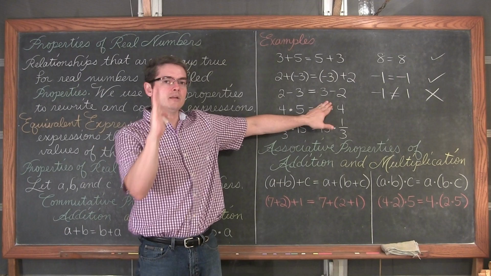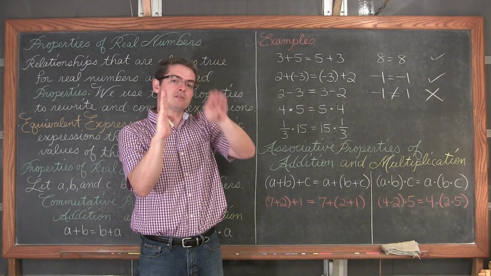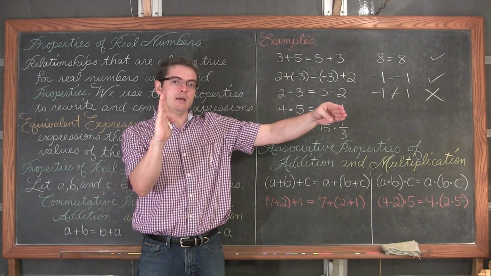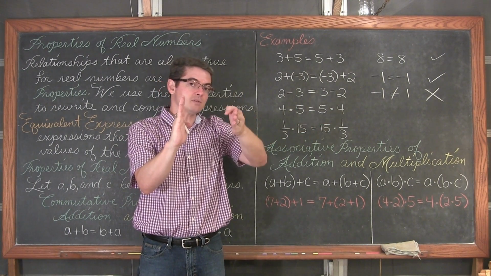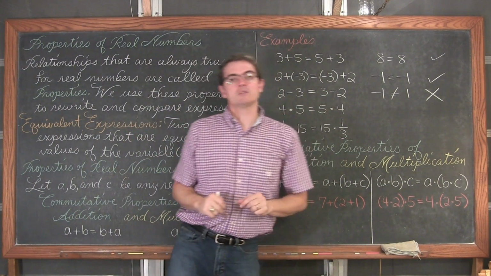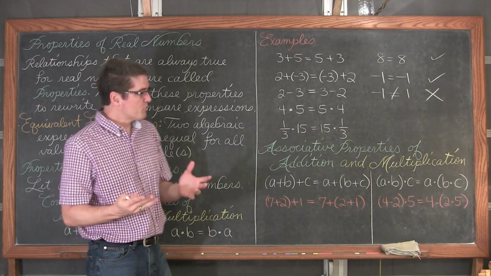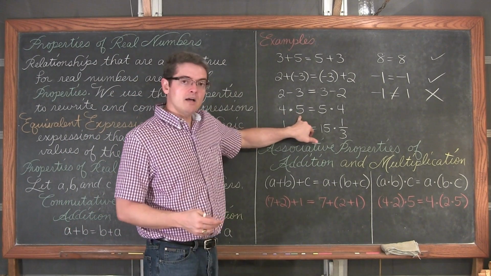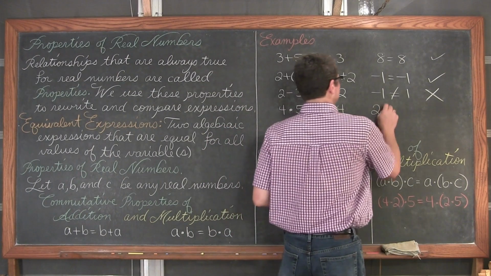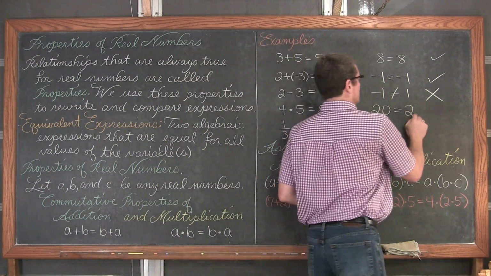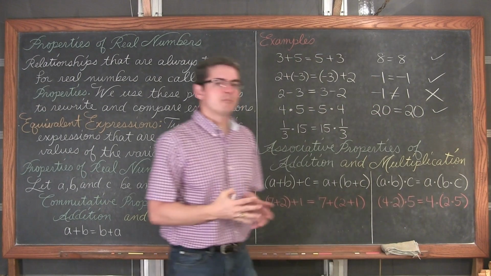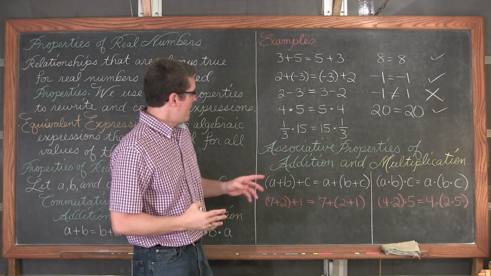Or again, with your number line, if there's a 0 here, there's positive 3 to the right, 3 steps to the right. Our negative 2 is going to back us up 2, and we're 1 space to the right of 0, as opposed to before we were 1 space to the left. Multiplication, 4 times 5 is equal to 20, and 5 times 4 is also equal to 20. So again, we have that commutative property of multiplication going on here.